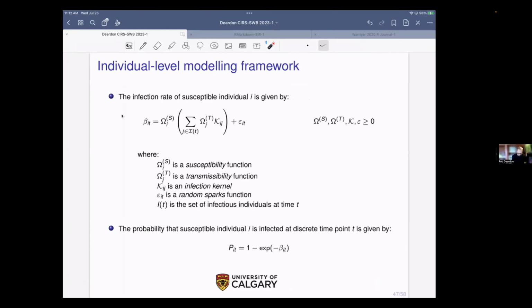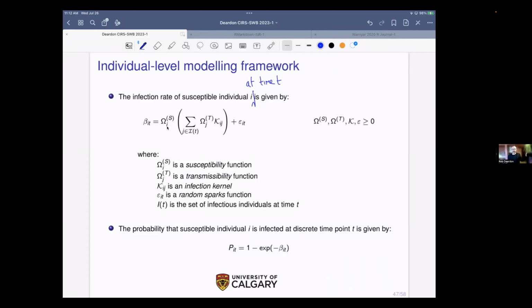Right? So now I've got my beta_it, which is the infection rate of a susceptible individual i at a given point in time. I've missed out that time t, haven't I? Okay, and this works in continuous or discrete time. And well, I've got something that certainly looks more complicated than before, but it's actually very similar to those characteristics I